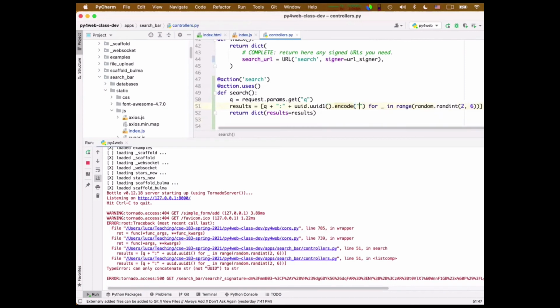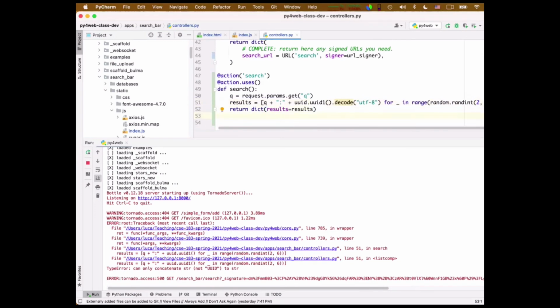Encode or decode? I'm afraid it's decode. So this is bytes, and I have to decode them according to UTF-8 in order to get a string, I believe. Let me give it a try.